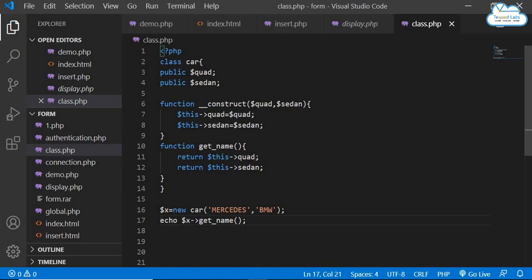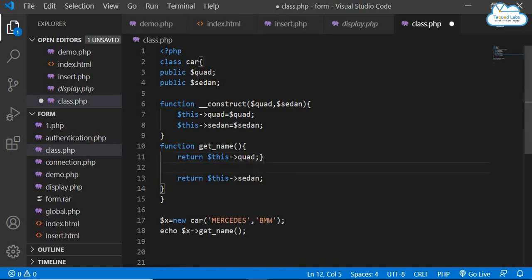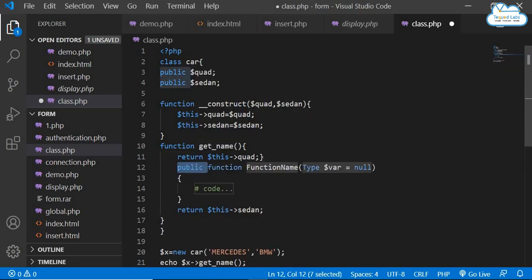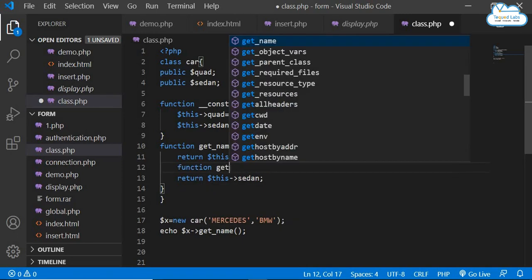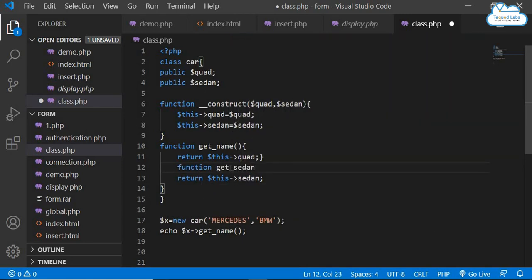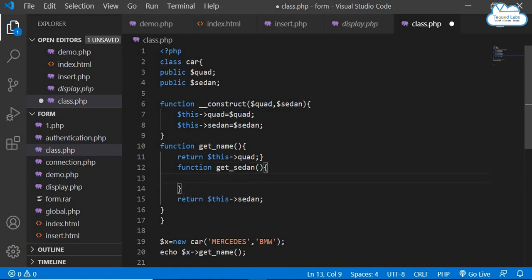this particular one, but you'll have to write one more function for sedan as well. To do that, you'll have to close this here, open. Now I'll have to write one more function. So let me add one more function for the second one, right? So that is get sedan. I'm going to use get sedan itself. Open this. Now this particular thing will work,